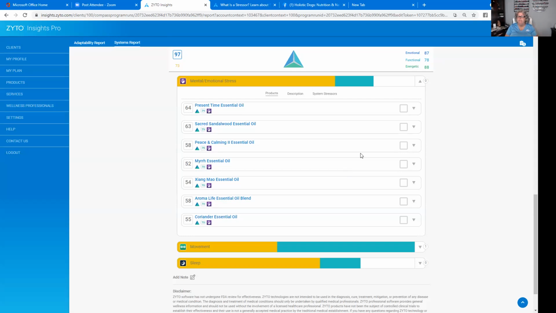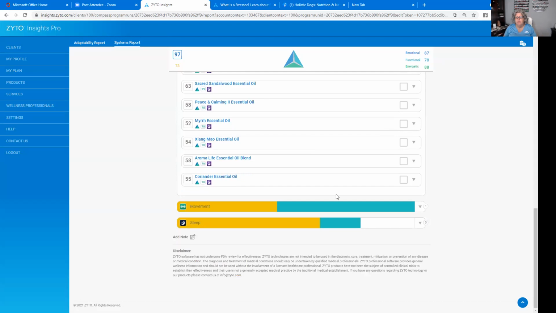Her people have been frustrated with her. And so some of that could be a factor in how she presents that back. So it's easy enough to pick some calming oils and diffuse them or apply to her and see if that can help. And then the sleep,